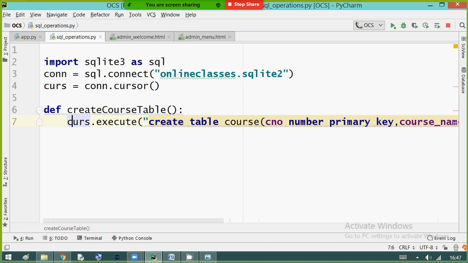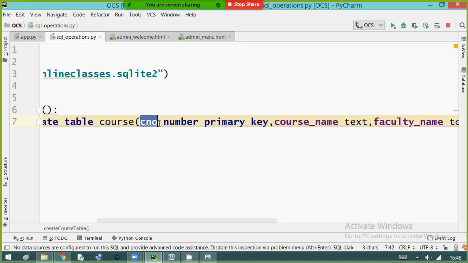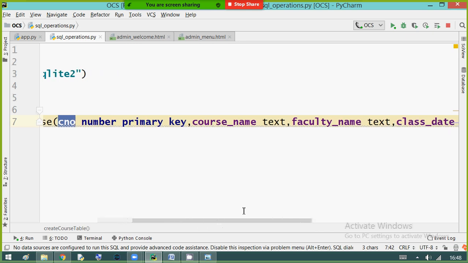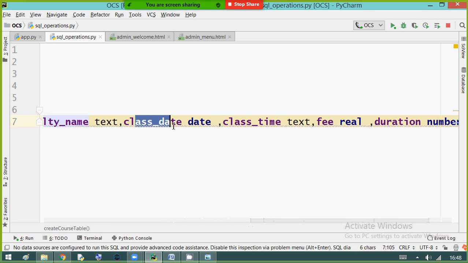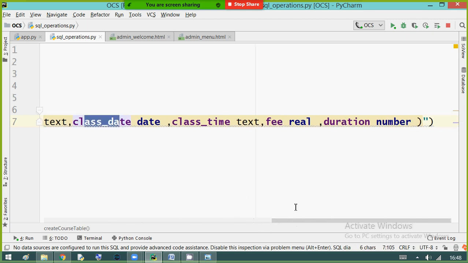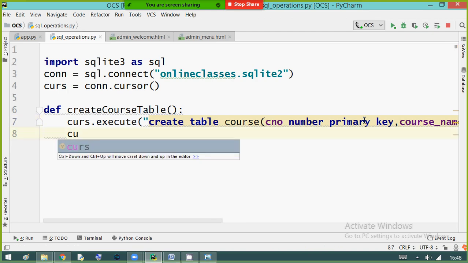So once again observe the table I am going to create and the columns I have. Course number, which is primary key, course name, faculty name, class date, on which date it is going to start, class time, the fees, and the duration. Once it is done, I am going to execute the query.